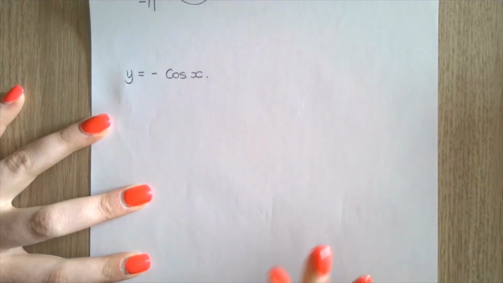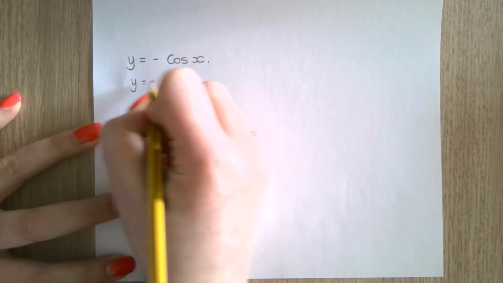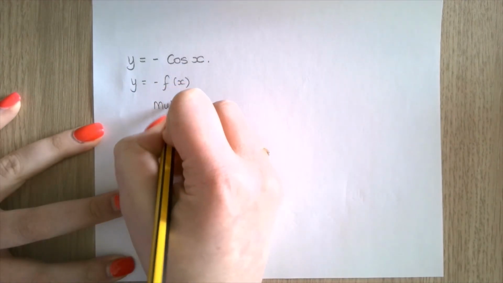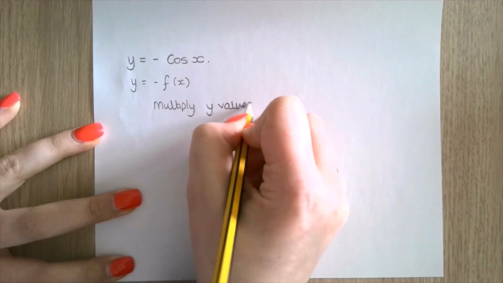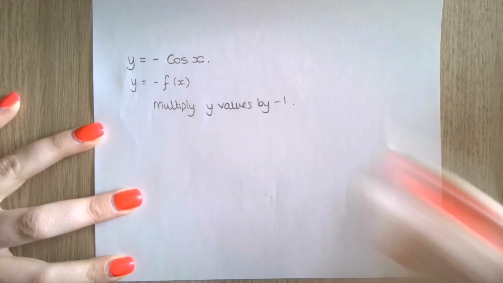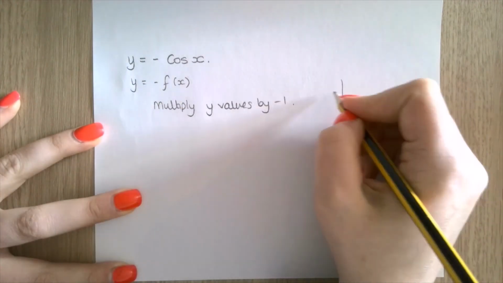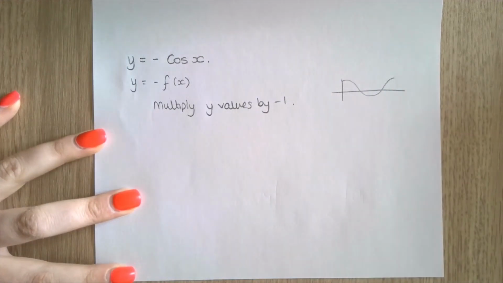Let's do it for y equals negative cos of x. Exactly the same. I need to multiply my y values by -1. I'm expecting a reflection in the x-axis again. To help me visualise it, that's my standard cos graph,